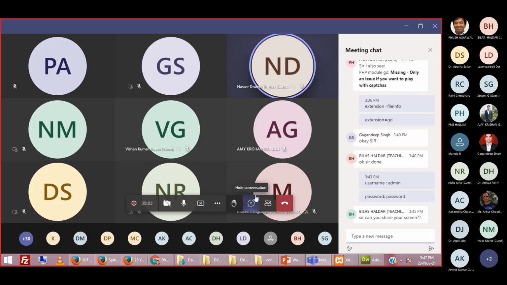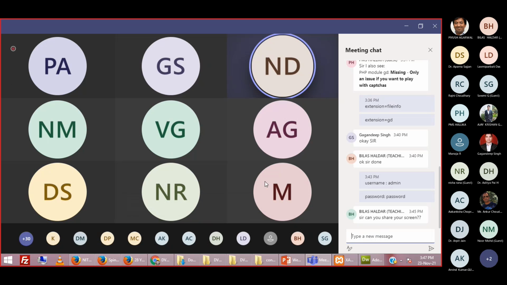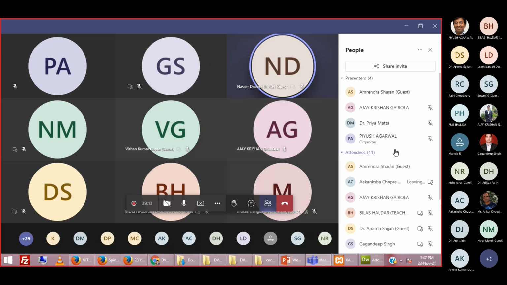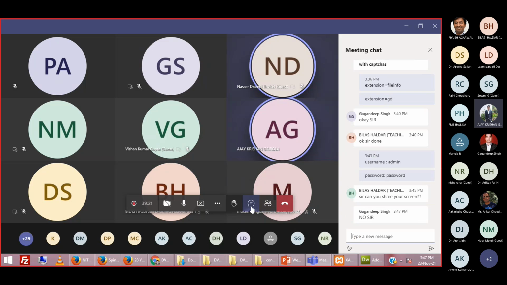Can anyone confirm whether they are able to see my screen or not? Anyone from the organizing team? Yes, sir, it's visible. Thank you, sir. So Mr. Gagandeep is also telling that my screen is not visible.